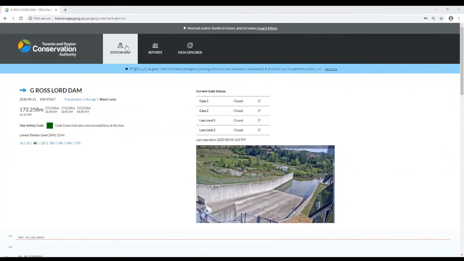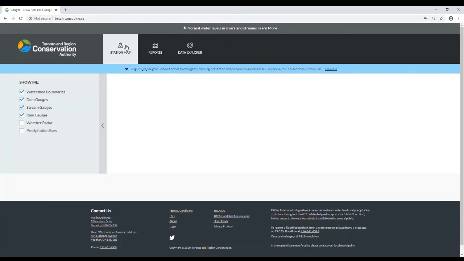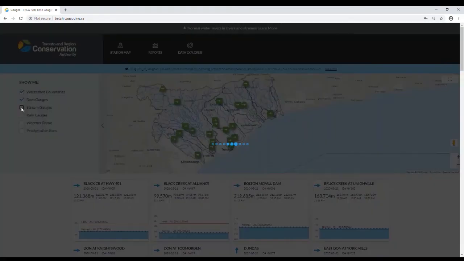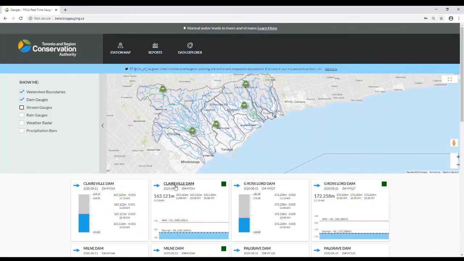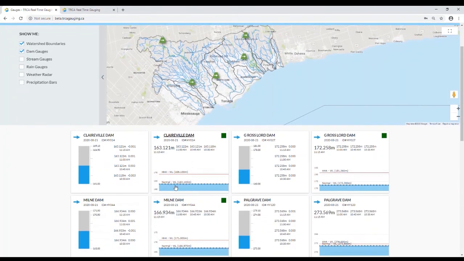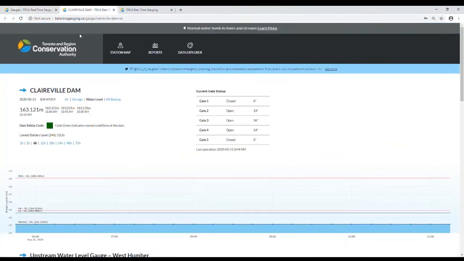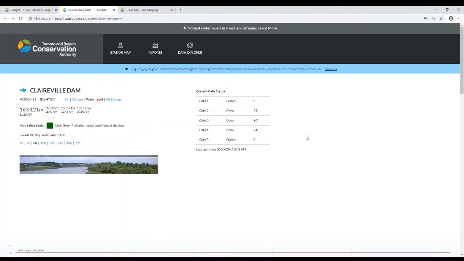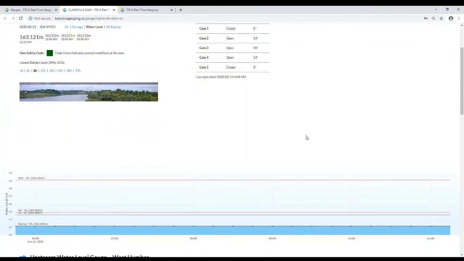Let's look at some other examples. Clairville, for example, has similar displays with a camera view, current gate status, and chart.